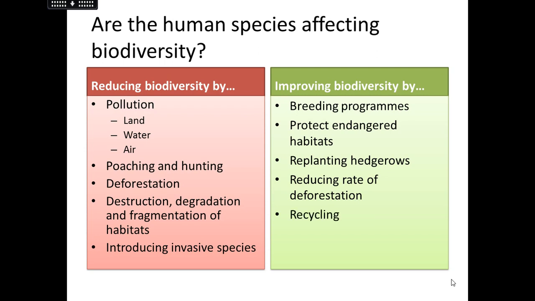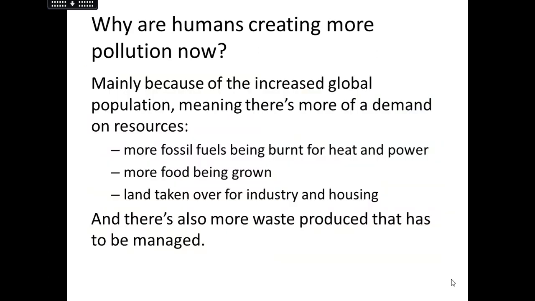By not using raw resources, by using recycled materials, that can massively improve biodiversity because we're not reducing any of the resources that other things might need. So, for example, if we use deforestation again as an example, if we can recycle furniture, if we can reuse our furniture, then wooden furniture, in particular the plastic, then we won't need to chop down other trees. So that obviously helps with the habitats, etc.